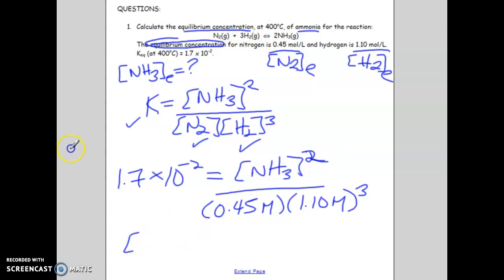So basically this is just cross multiplication. If you take the 1.7 times 10 to the negative 2 times 0.45 times 1.10 to the cube, you end up getting